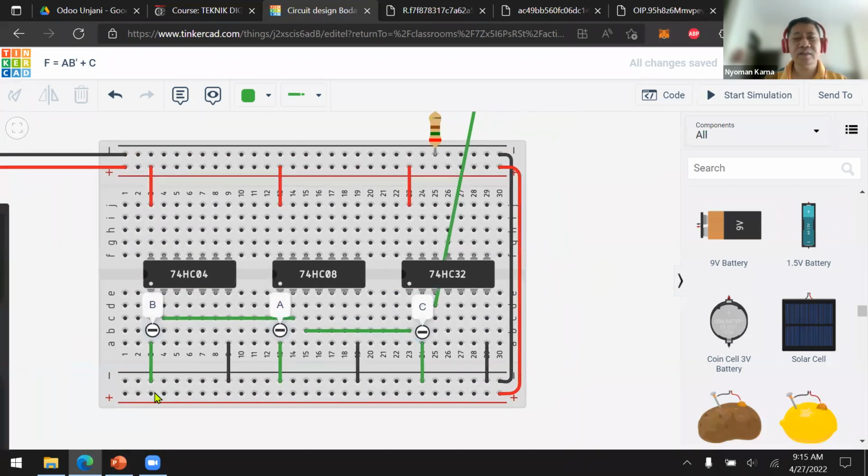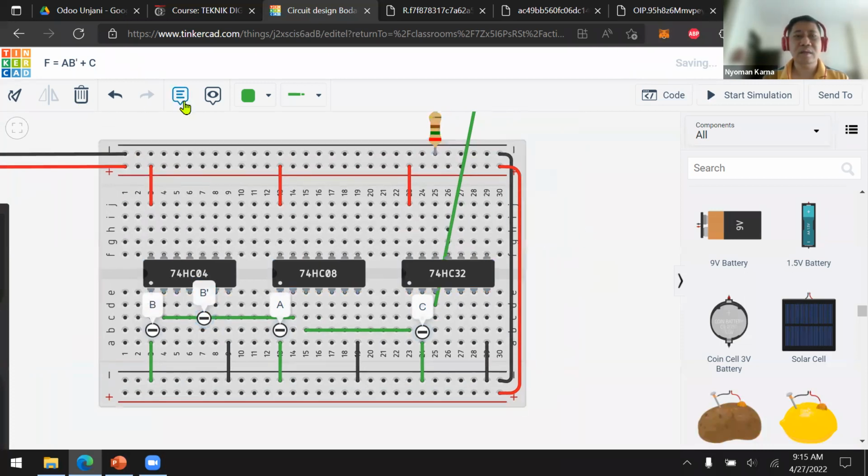Okay, so this is B naught. And then this one is AB naught.